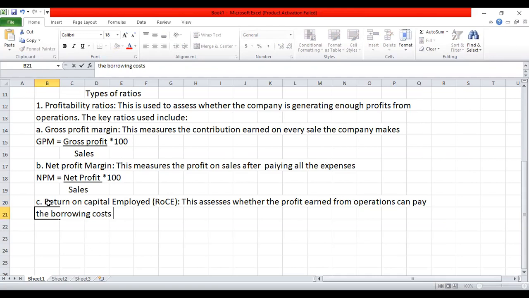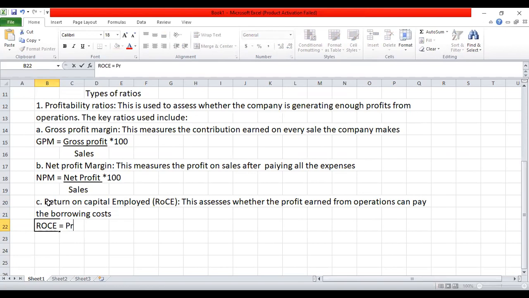That is what you are looking at on return on capital employed. You are comparing your borrowing cost or your cost of capital in relation to the profit you are earning from your operations. So when we are computing, our return on capital employed is equal to